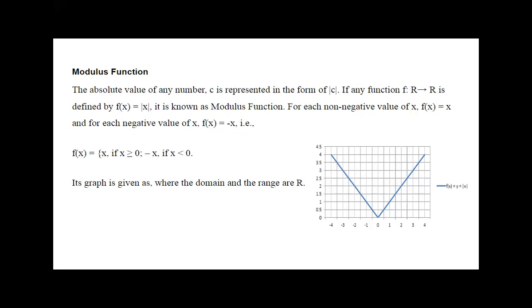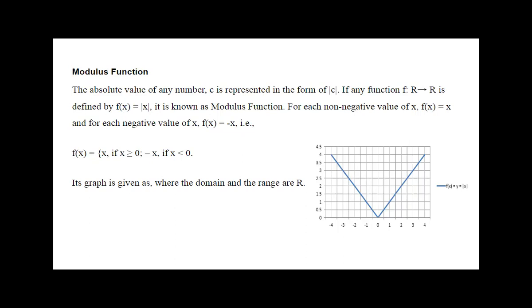Okay, x is there, means the greater than or equal to 0 values are considered from positive 0 to 4 in case of the graph, and if less than 0 values are there for x, those are treated as minus x, but in the opposite directions. Means at 0 they will meet, the magnitude is the same, 0 to 4 on both sides, but the left hand side is minus and the right hand side is plus.